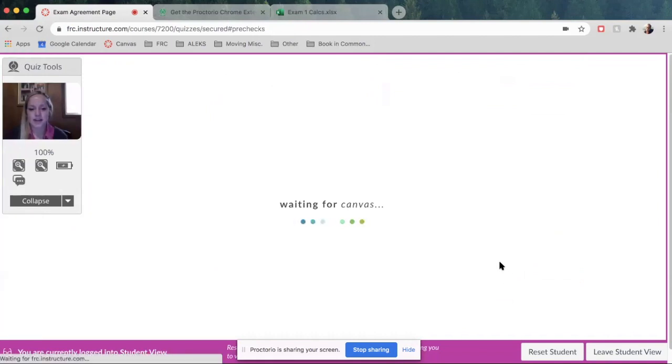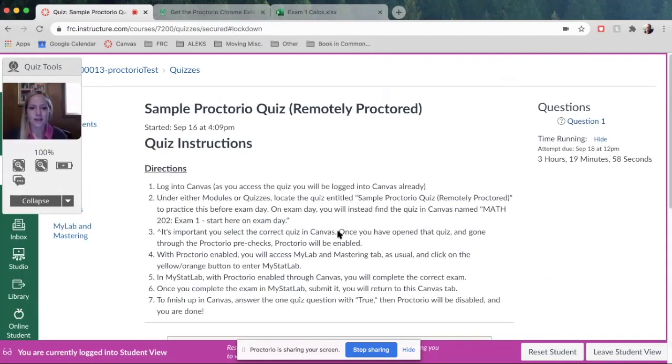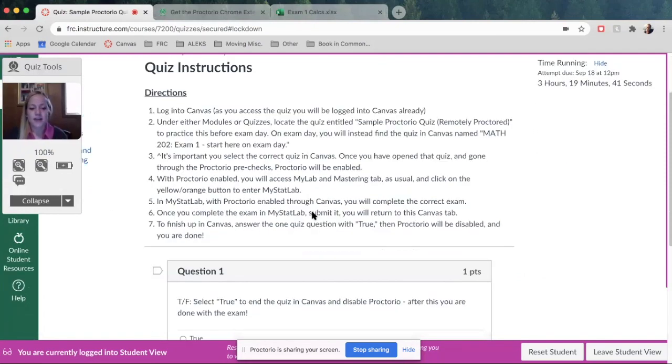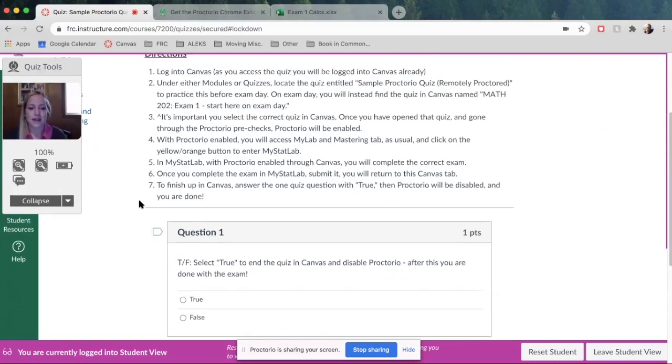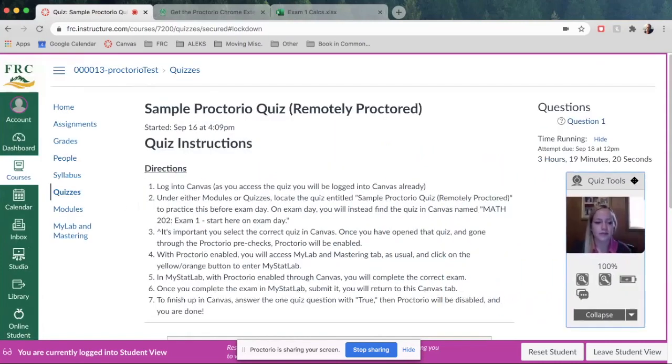Now, what we've done at this point is we've gone into the practice quiz, we've started it with Proctorio already enabled. Then once we go through the check-ins, we're able to see this now on Canvas. Now, we just used Canvas to get Proctorio set up. When we come back to finish out the quiz, this is the one question I was talking about. So after you complete your MyStatLab exam, you'll click True, but we haven't done that yet. So now I need to go to MyStatLab. I'm gonna move this over. Okay, so now once